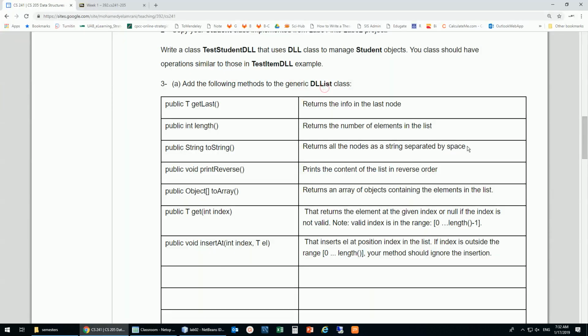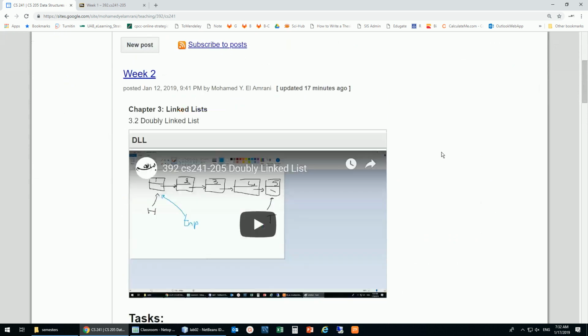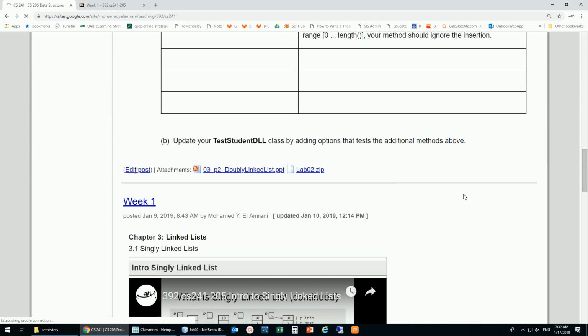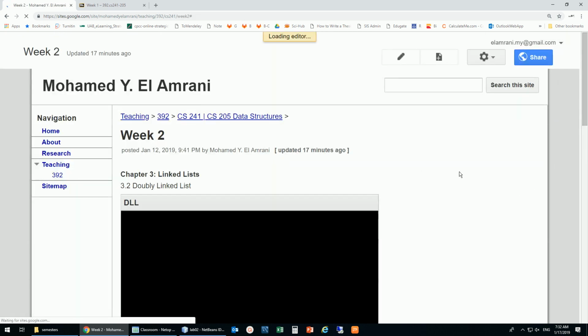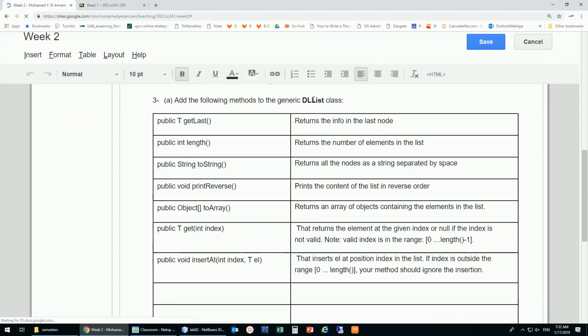DLL, not list. There's no list. Let me just edit this. Yeah, there's no list. So I would like to make a change to this DLL class